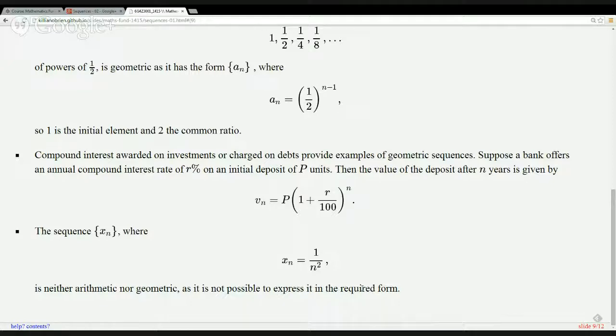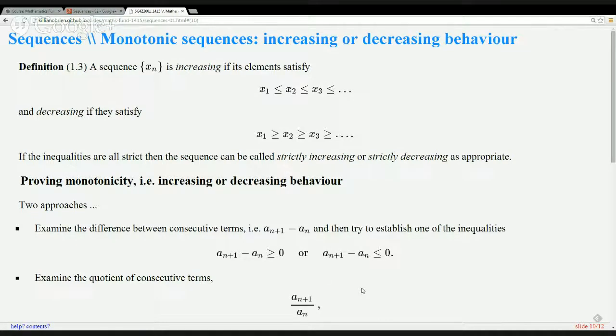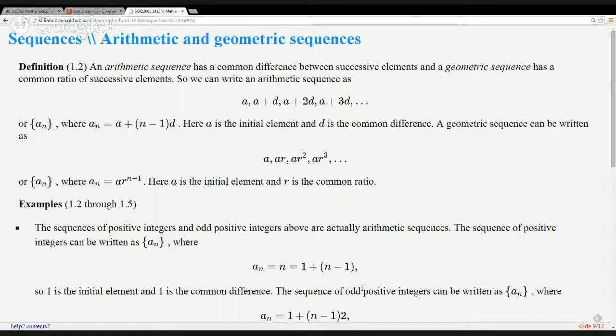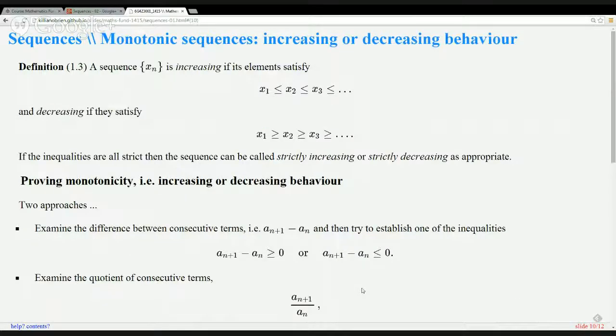Now, we're looking at sequences because sequences are the first place where we're going to study convergence. We're going to look at these infinite sequences and develop the theory about how some sequences might converge to a limiting value and others won't. But before we get on to the exact definition of convergence, we're just going to look at